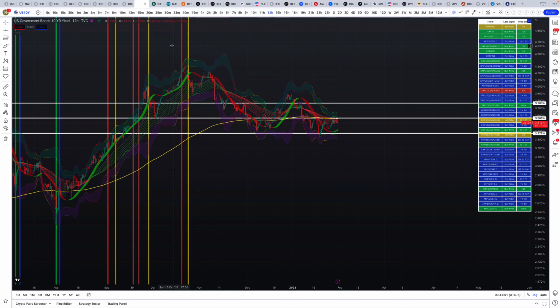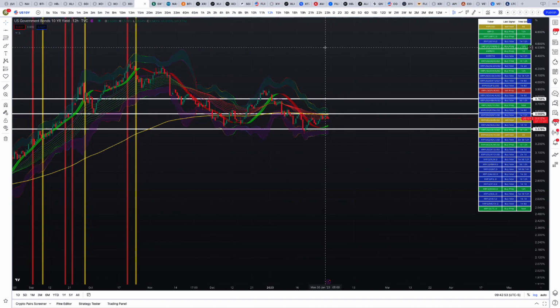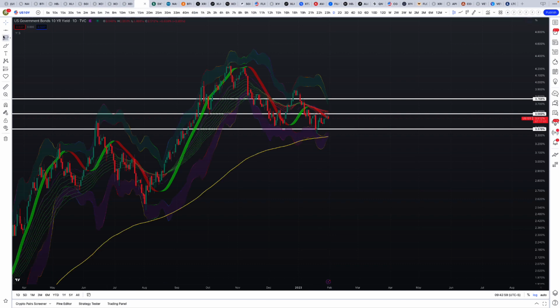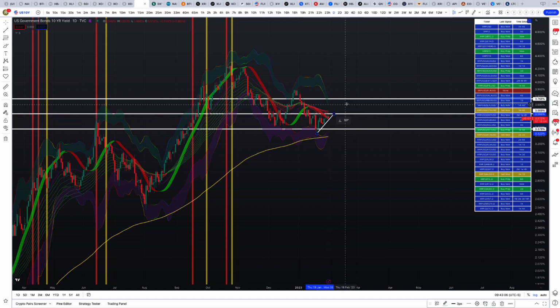So we got bond yields. We've been tracking the same thing for a while now. I mean, we got rejected up here, and it looks like now we're going to come back down and test down here if we break this short-term trend line like this. So until we break up, then we can say, all right, then we got to go to here. We break up from here, then we'll revisit the levels. If we break down here, we come to here, and then we'll revisit the next levels from there, which would